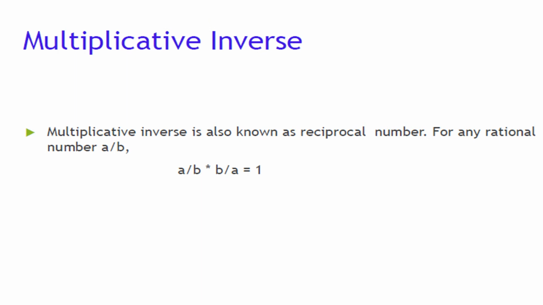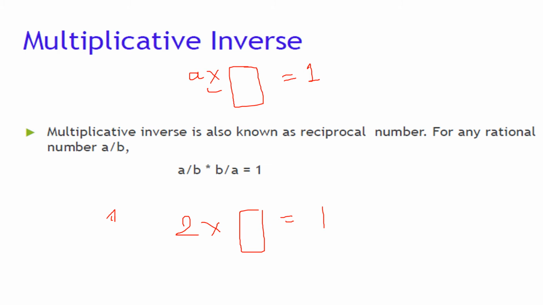Multiplicative inverse of any number a is that number which, if multiplied with the given number, gives 1 as the answer. In the case of additive inverse, the answer was 0. In the case of multiplicative inverse, the answer is 1. So please help me, what will you multiply in a to get 1 as the answer? Very simple. Suppose you have 2. What will you multiply in 2 to get 1? Very simple. We have to multiply 1 upon 2 because we all know that these two will cancel. Similarly, if someone says 3, multiplicative inverse, you will say 1 upon 3.